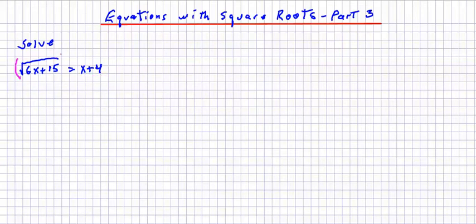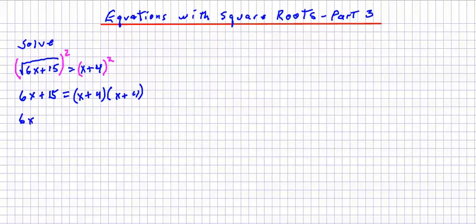We're going to square both sides. This must be in parentheses. And we square the binomial x plus 4. When we square the radical, we get 6x plus 15. But on the right, we must FOIL. x plus 4 times x plus 4,